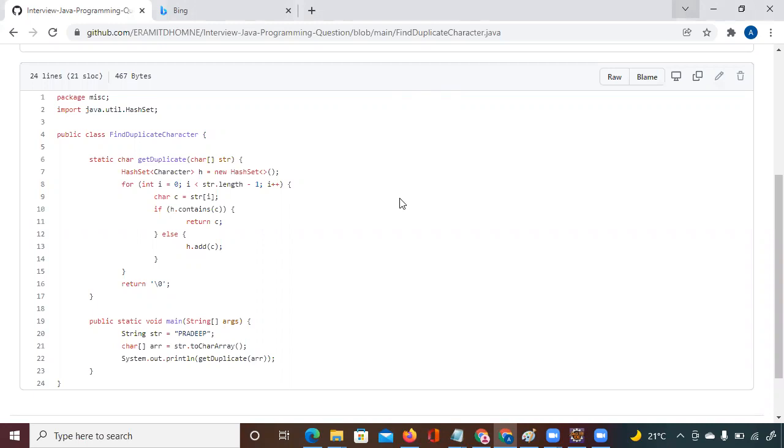Afzal, can you explain this program? Yes, sir. It is importing hash sets. It is a collection of words, right, sir? Correct. It is taking any duplicate character in the hash set. First, it is creating a hash set named H, and then it is using a for loop to check. So actually, it is a set.